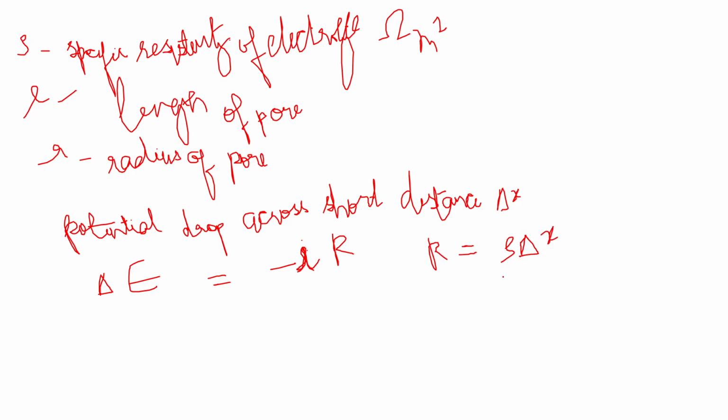So rho delta x by A, where area is that of the pore. Here you know the radius, so the resistance across that will be rho delta x by pi r square. If I substitute that over here, I'll get minus